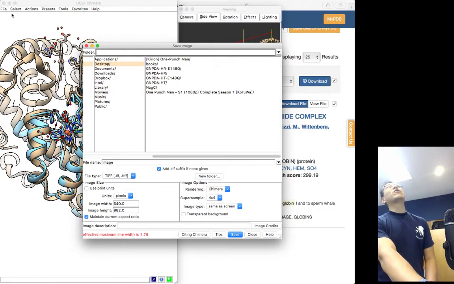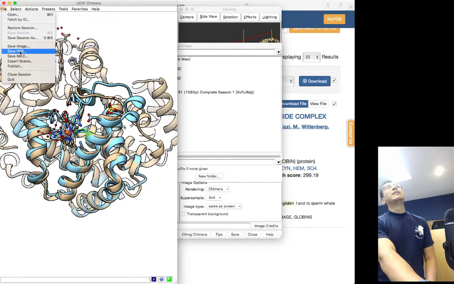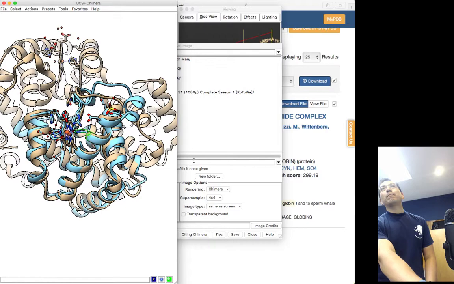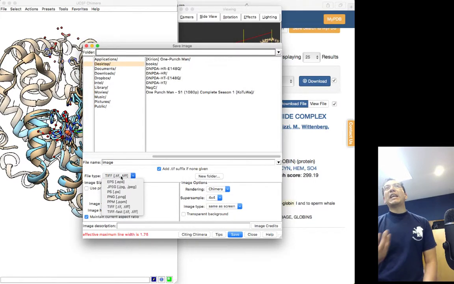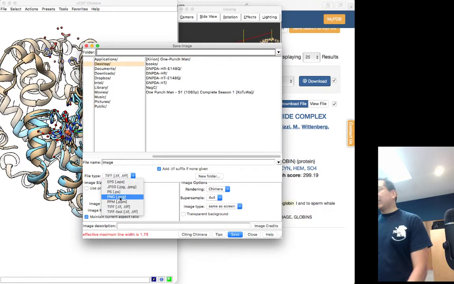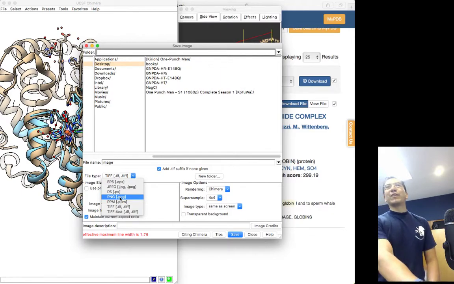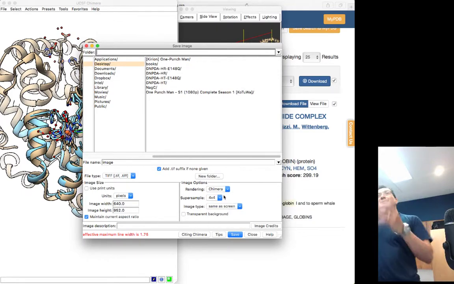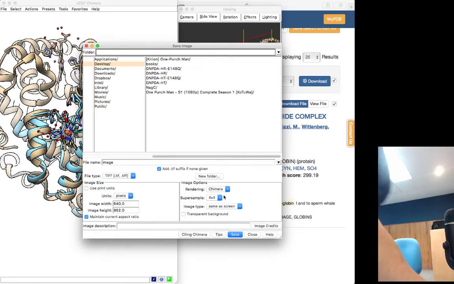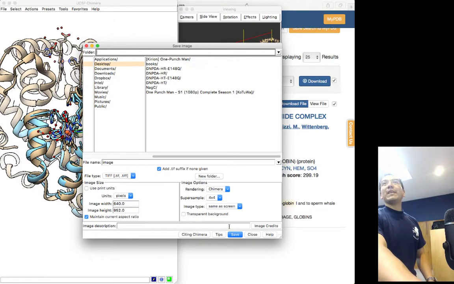This is the menu for saving an image. Save image. You can select TIFF, PNG, JPEG. I usually go for TIFF. And by the way, this screen might be suited to my own preferences. The only thing I do recommend you do is to change the super sample to 4x4. And that's it. Give it a name. It could be image. And if you click save,